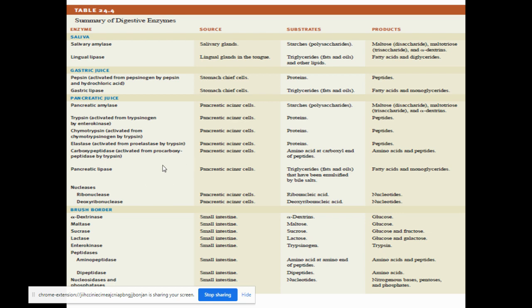So how do they act? Bile salts are amphipathic in nature. That means it has a hydrophobic, non-polar region, and also a hydrophilic region. So what do they do? The hydrophobic region reacts with the lipid and keeps it in the center, and the hydrophilic region of the bile salt will react with the aqueous environment in the periphery.